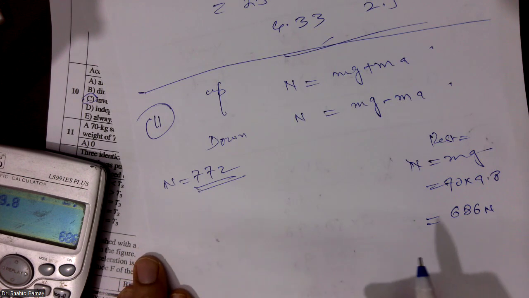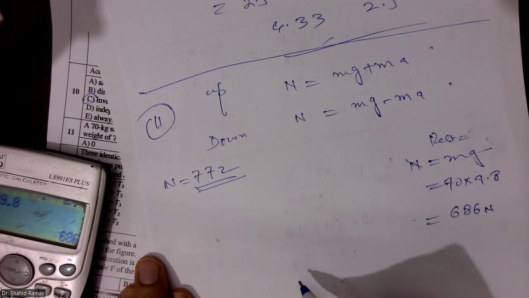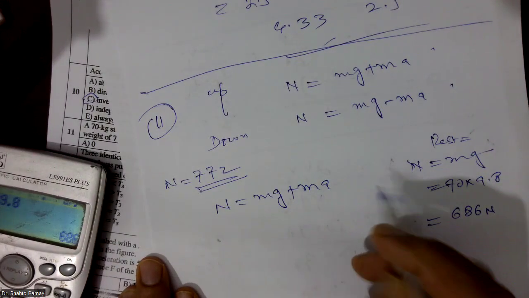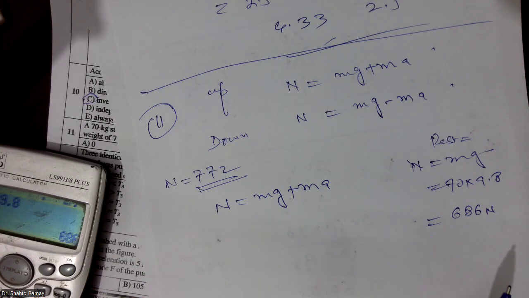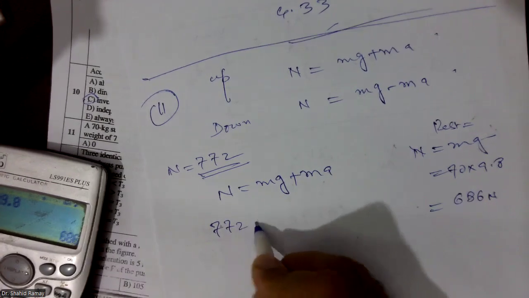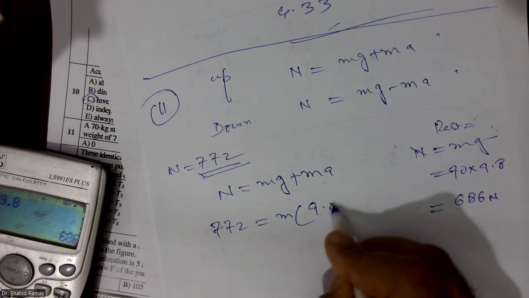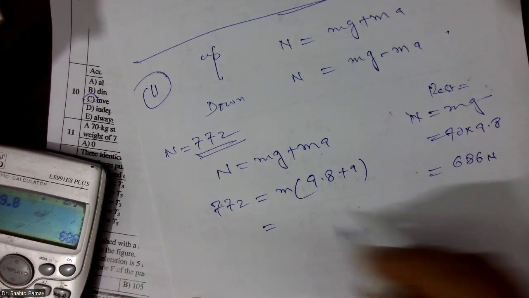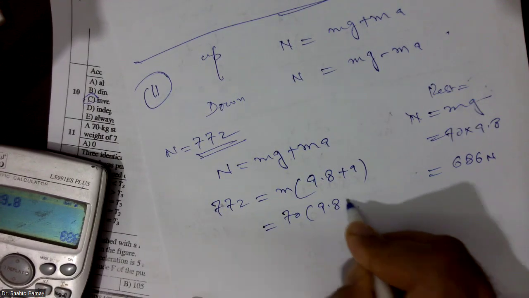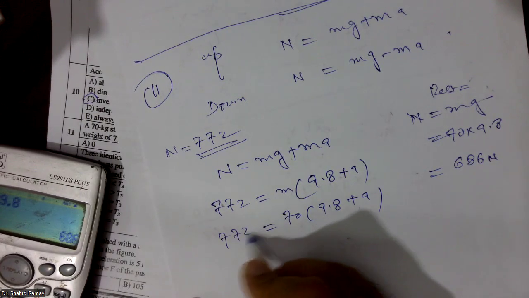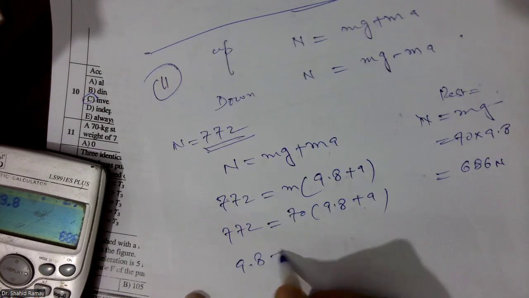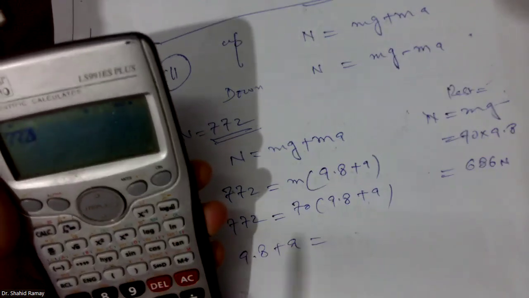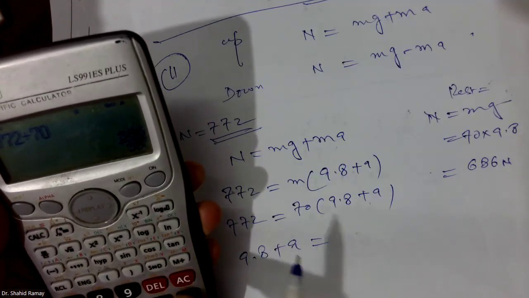So here we have to decide this one first. Then we will use the formula. So surely we will use this formula, mg plus ma, because if the elevator is moving up, its weight is increased. So 772 is equal to m common, 9.8 plus a. The m value is 70. So 9.8 plus a is equal to 772 divided by 70. So the answer is